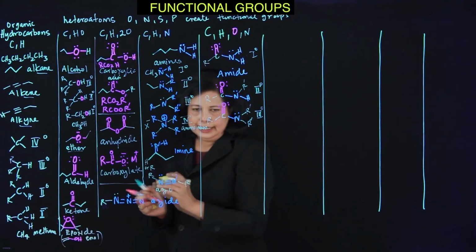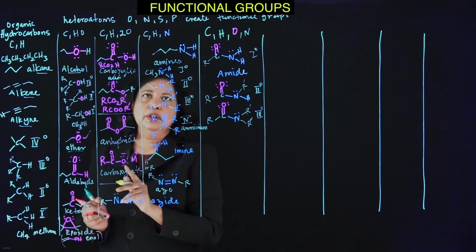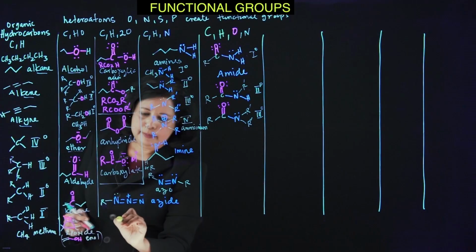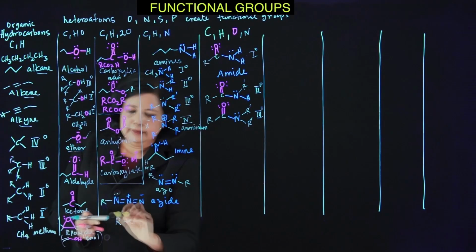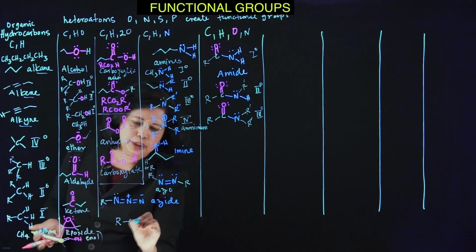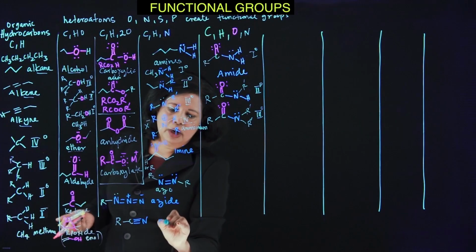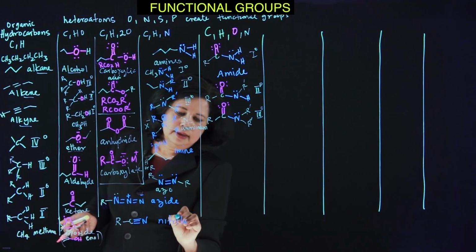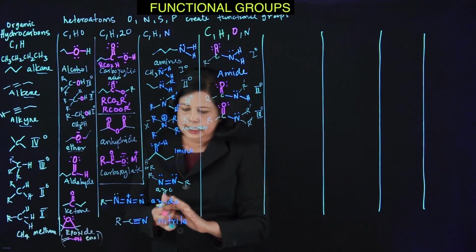Right, we can. So here, for the nitrogens, there's one more functional group, and I may have missed it. I have missed it. And that is going to be having a triple bond nitrogen. And that is a nitrile. It's like cyanide, but in the organic chain, it's nitrile.